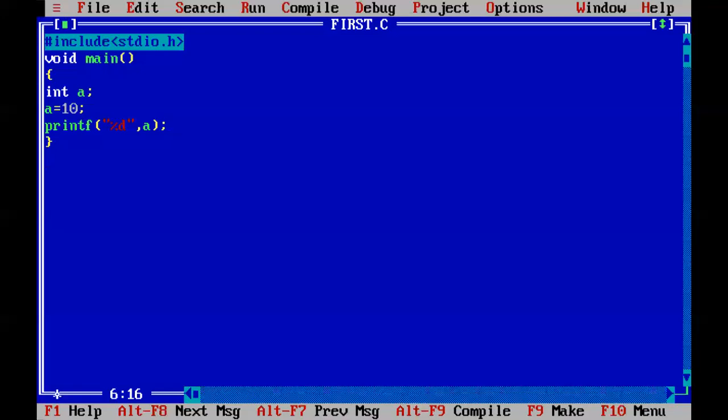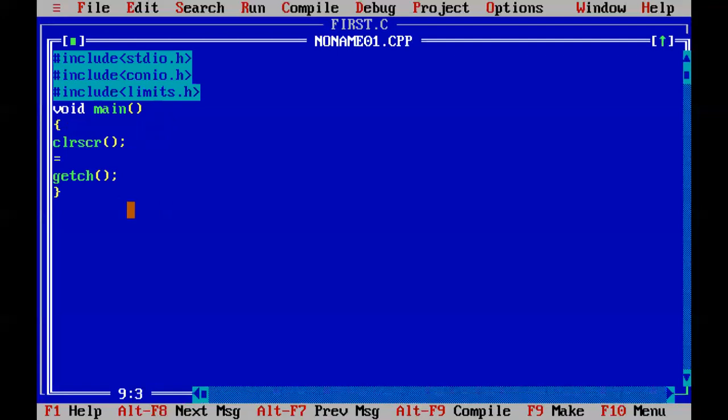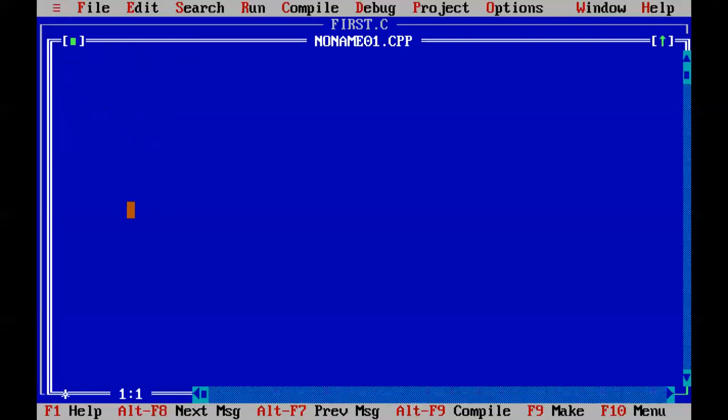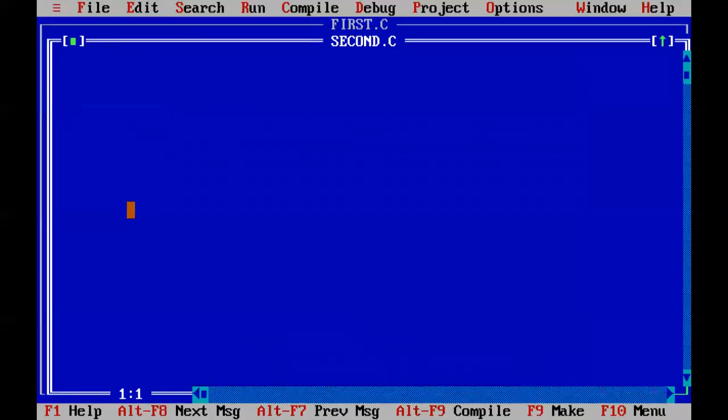Okay, we will see another program. I'm taking a new file to clear this data. Function plus F2 to save the file. This is my second program now. Second.c, extension is .c. Okay, I'm including the header file. #include <stdio.h>, void main, open and close curly braces, and in between